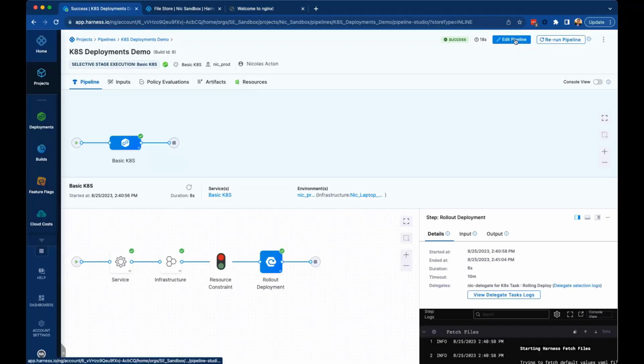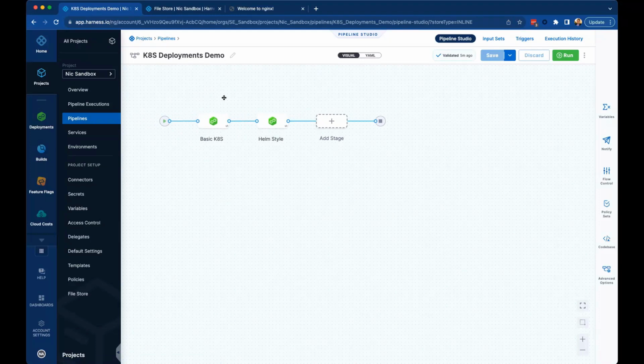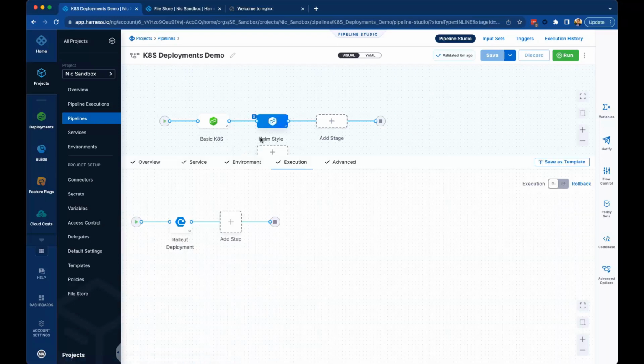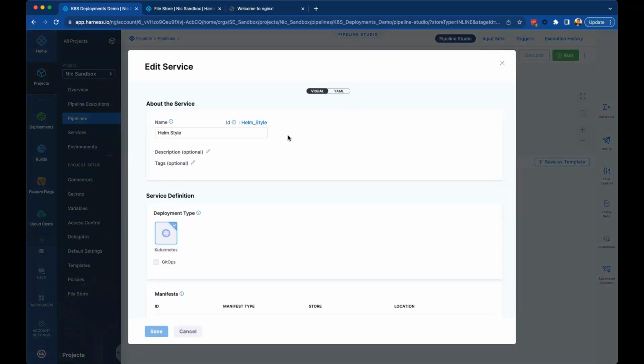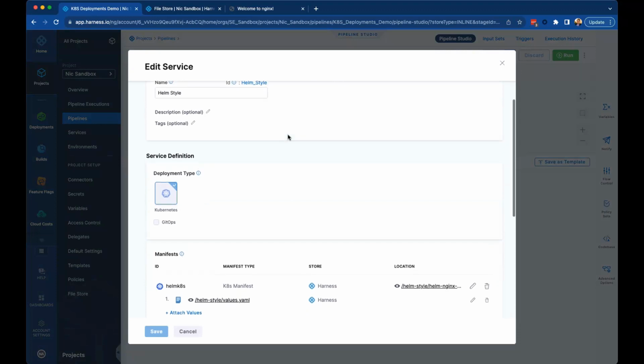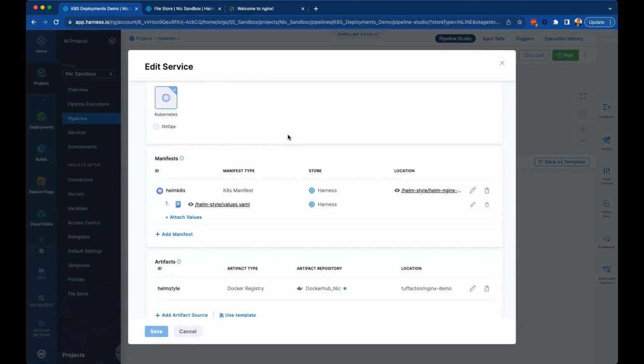Now, of course, this is useful for deploying hard-coded artifacts. Perhaps you have a strategy to always deploy the latest, but what we find with our customers is they want to deploy different artifacts depending on what stage they're going to, and we have a way of defining that as well pretty easily. So diving into this particular Helm-style service, we're looking at this Kubernetes manifest,